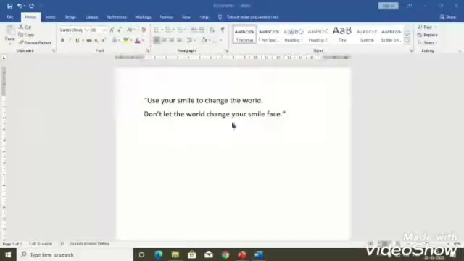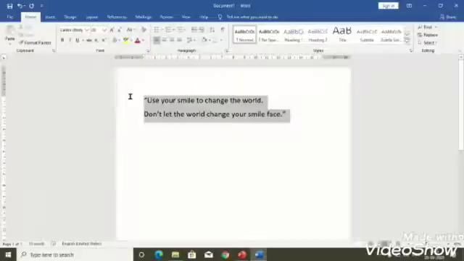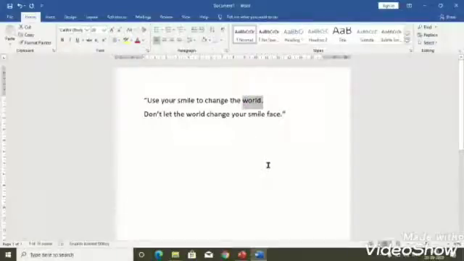Okay, so now we come to our Word document page. We will do editing with cut, copy, paste here. When we have to delete any portion, that is called editing. So suppose we have to delete this word, then we select the word and press the delete button.